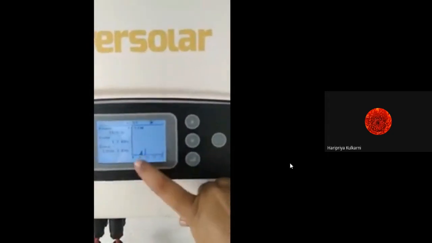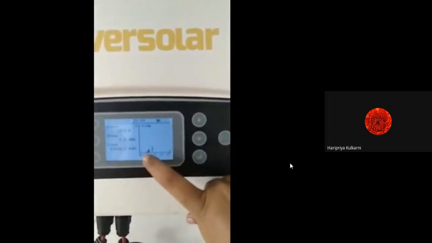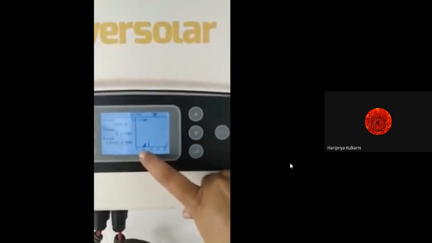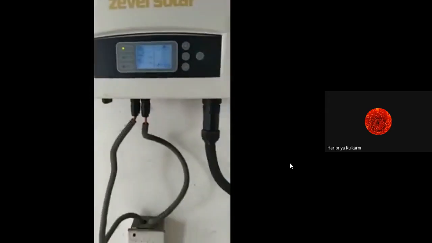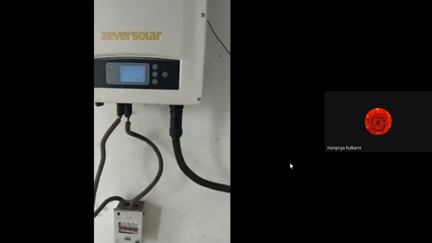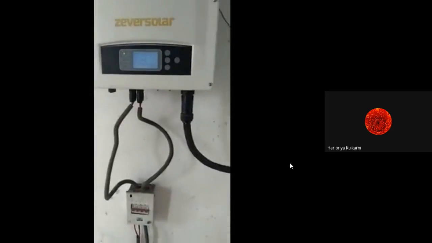So from morning power already started generating. You can see here. So this is how sun tracking is done. You can observe power is going on increasing. It started before 8 a.m. Okay, so right now we are getting peak, and then it will go on decreasing. Okay, I hope you have understood this. So this is a standalone system, but directly connected to the AC load. Now we will go to the third system, which is 100 kW.